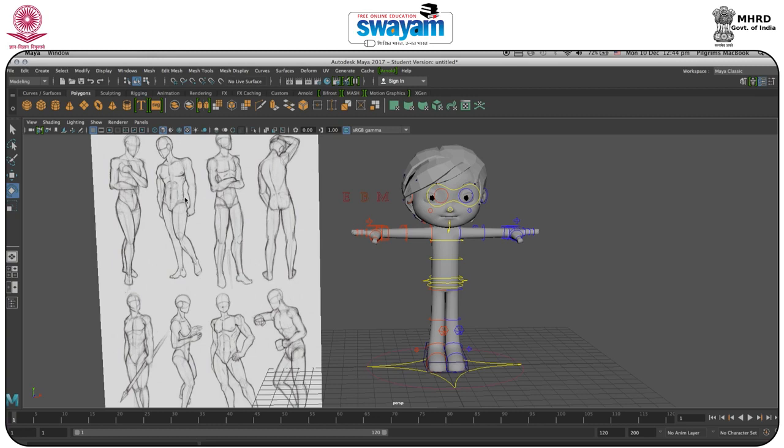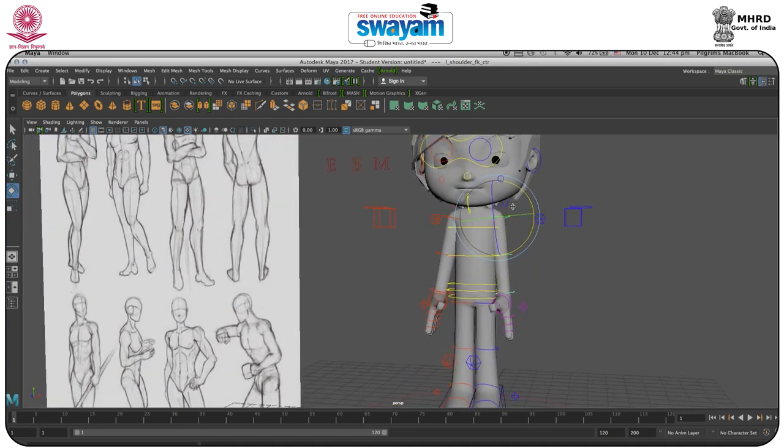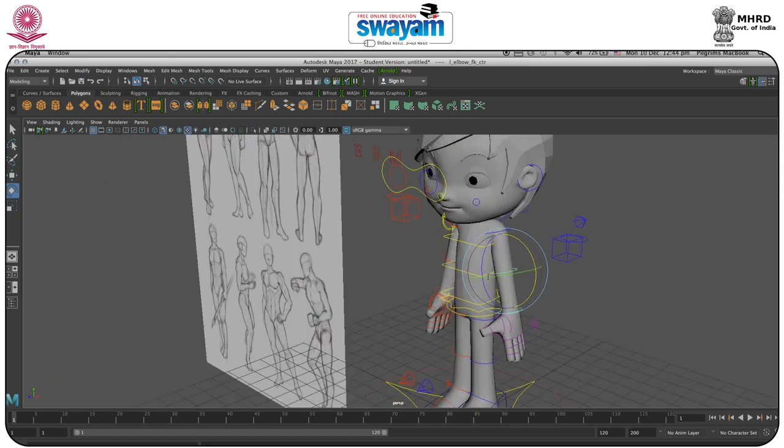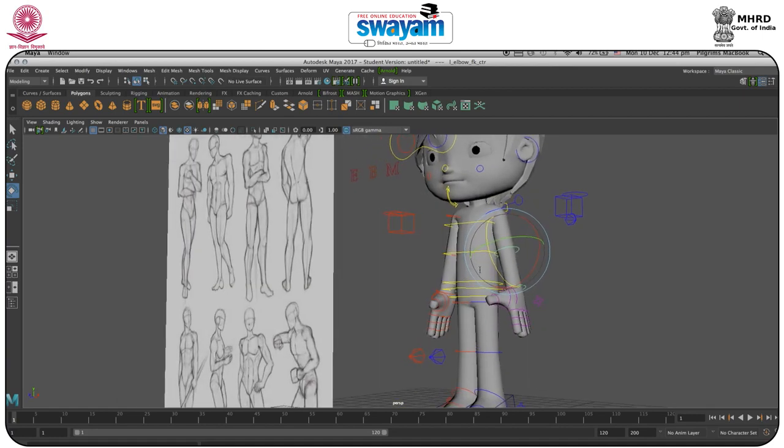This would be the simple reference and you can work in the same way. We'll select the section of the controllers and just move like this, and after that we'll select these controllers also and move like this, and as you can see it's quite tilted.